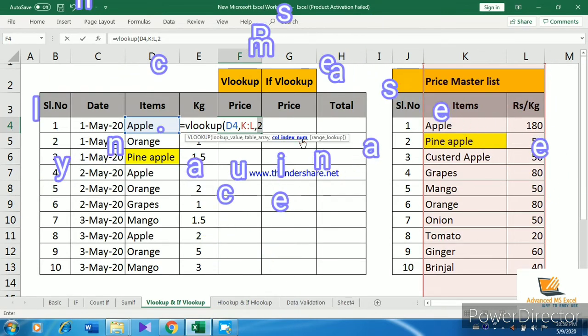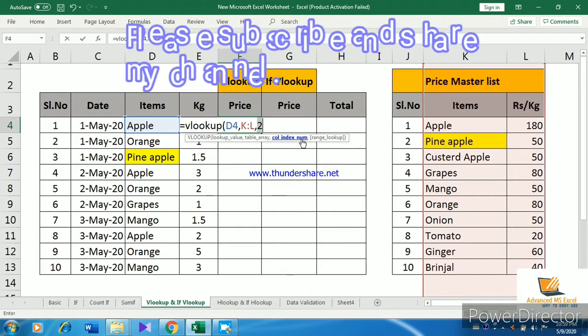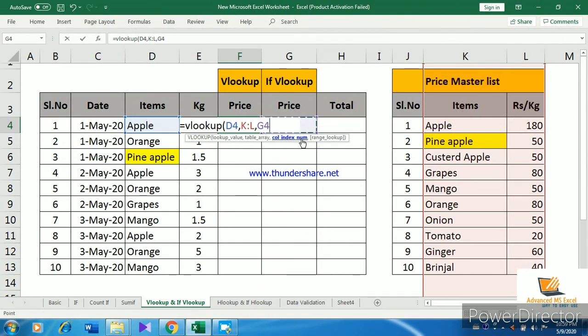That's why we put 2 as the column index. And we can put 0, no problem.